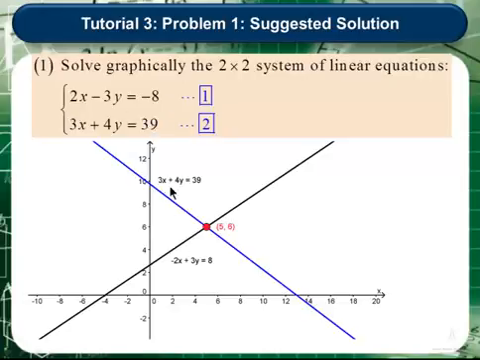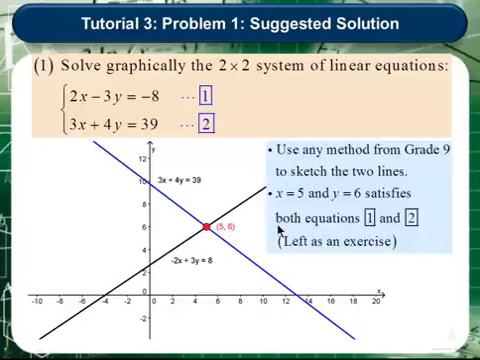Now first of all, 3x plus 4y is equal to 39. If you graph this, and you should know how to graph this, use any of the techniques that you have learned in grade 9 or in grade 10 for that matter. Then we have this blue graph, and similarly if we graph the function defined by the equation number 2, then we have the black graph. Now by graphical method, by just working very carefully and indicating the point of intersection, having a look at the coordinates, we see that it corresponds to the point with coordinates x equal to 5 and y is equal to